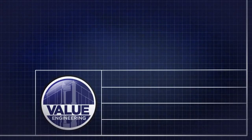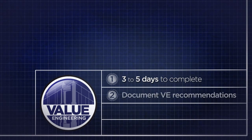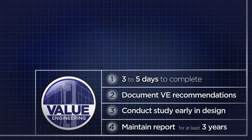A value engineering study normally takes 3 to 5 days to complete, depending on the project's complexity, followed by a formal report documenting the study team's recommendations. The study should be conducted as early in the design process as possible to maximize potential value engineering recommendations. Being prepared to review and then approve or reject recommendations in a timely manner will help ensure changes to the project can be quickly incorporated into the project design. Once these decisions have been made, maintain a copy of the report for at least 3 years after the project